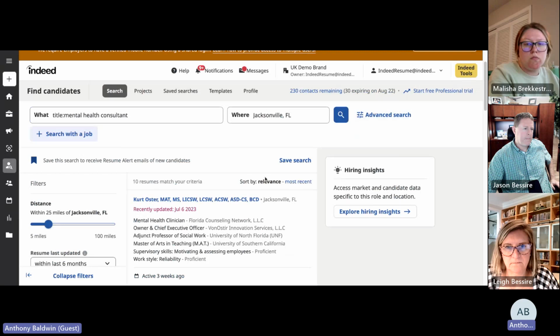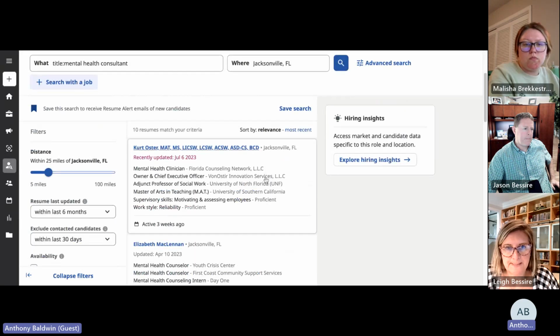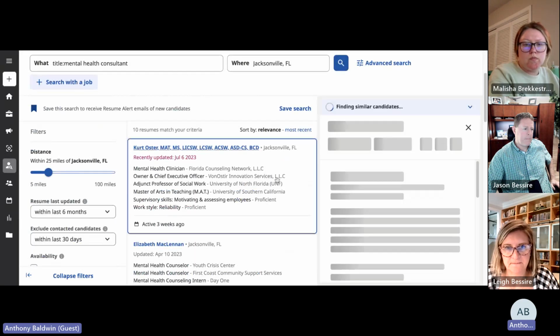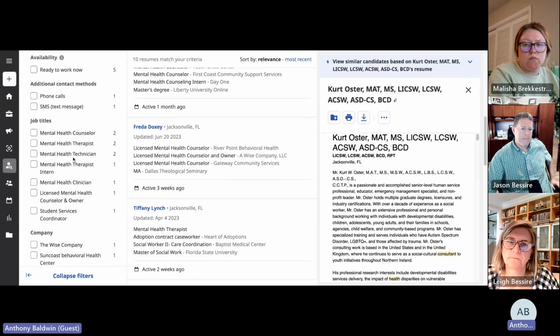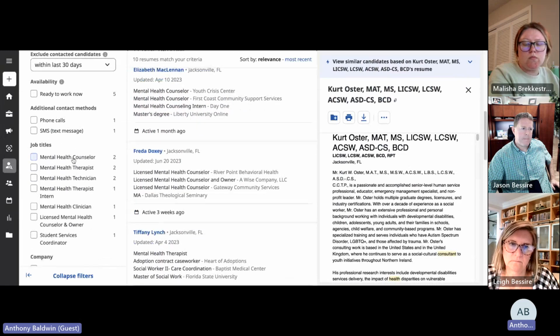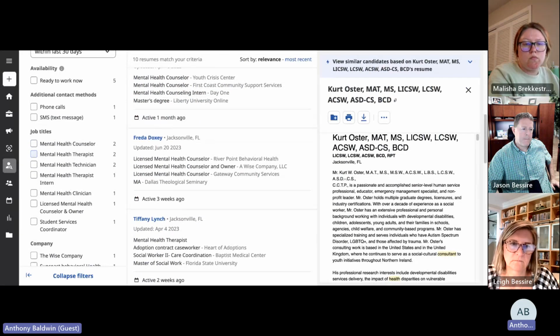There we go. And then we'll find that. And then, of course, kind of looking through the resumes, especially if you need certain things, you can look through the experience. You can even go through the job titles here on the left-hand side and see, okay, this person is a mental health counselor, which I've seen some other clients utilize, especially with the job titles. Like they know, okay, with a mental health counselor, you need XYZ certifications in order to basically be that